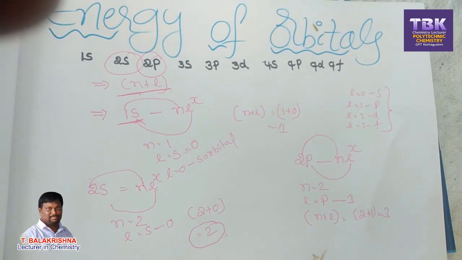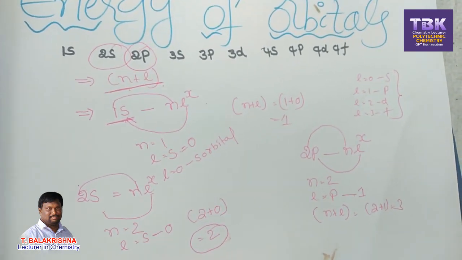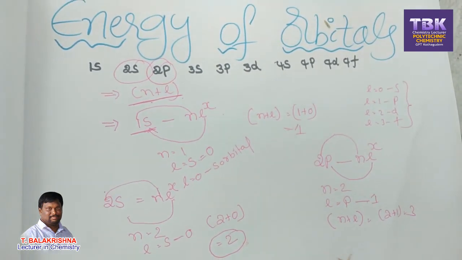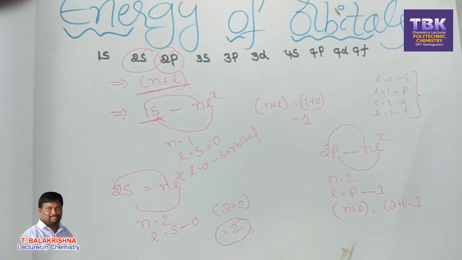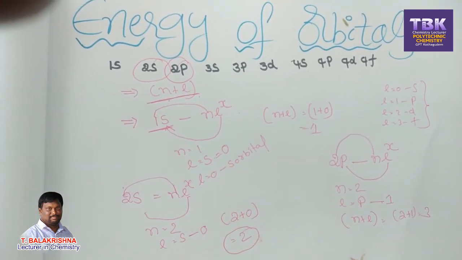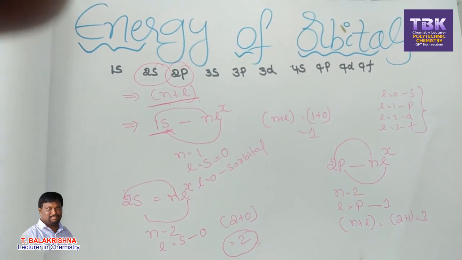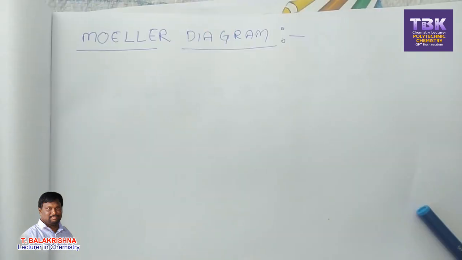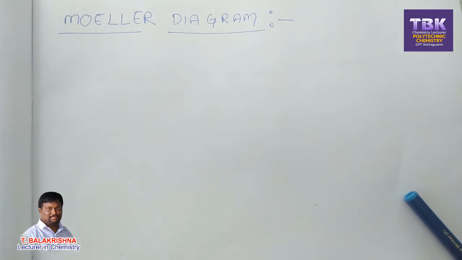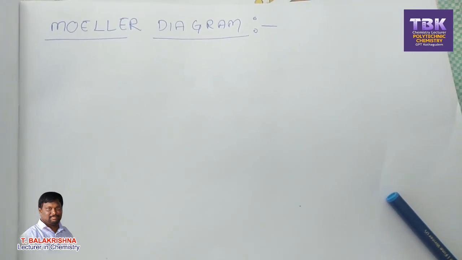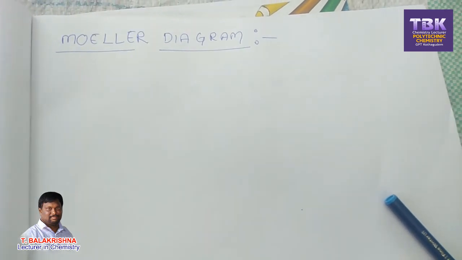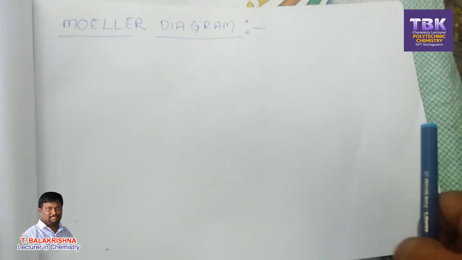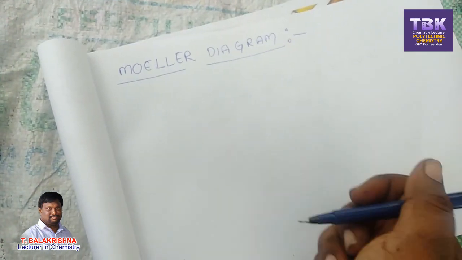So this is the method to calculate the energy of orbitals. To find which orbital is high energy and which is low energy, we use a diagram, a model. We have a simple diagram to explain the energy of orbitals in sequence order, in a diagram where scientists easily explain the energy of orbitals. So write.